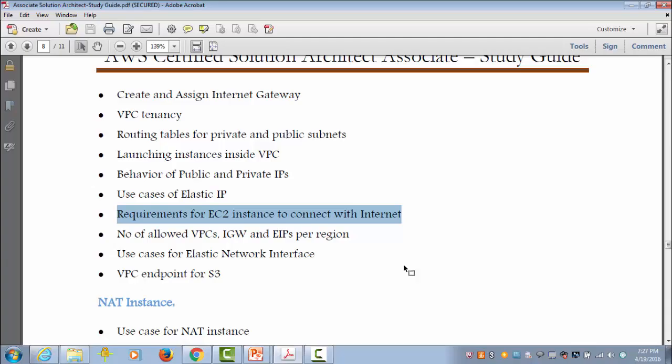Mainly focus on the requirements for EC2 to connect with the Internet. Internet Gateway enables an EC2 instance in the VPC to directly access the Internet. In addition to Internet Gateway, configuration of security groups, routing tables, and network access control lists plays an important role in the exam. Expect around 2 to 3 scenario-based troubleshooting questions where you need to figure out the right configuration